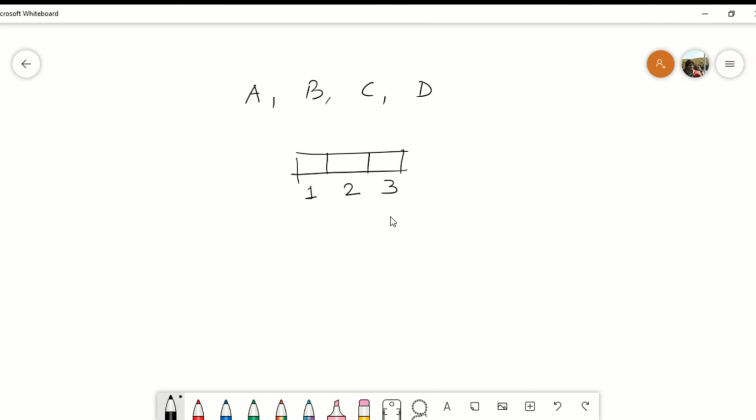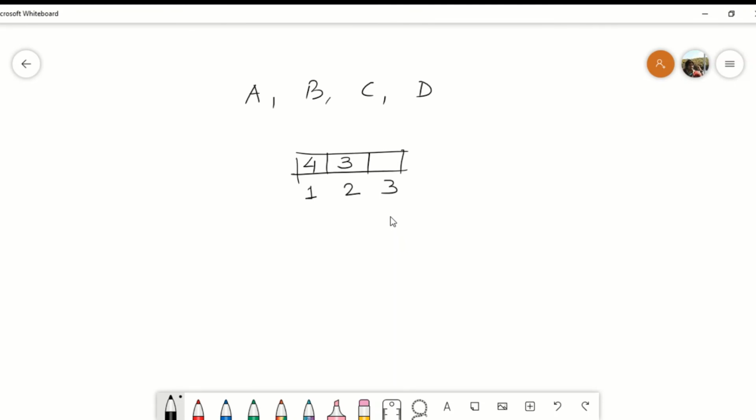In how many ways can I place a batsman in the first batting order? That is 4 ways, right? I can either choose A, B, C or D. Once I fix that, in how many ways can we select a batsman to be put on the second batting order? So we have 3 such ways, right?